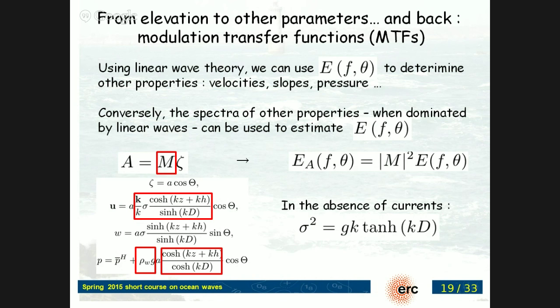And then it means that you can actually also compute the spectrum of what you were interested in, which may be the spectrum of the bottom velocity. And in that case, your spectrum of velocity is the spectrum of the elevation times the modulus squared of the transfer function. All right. So if you want to know the bottom velocity spectrum, you just take the surface spectrum, multiply by this M here squared, and you get the bottom spectrum. And then you can compute the statistics of the bottom velocity, the extremes, the 1/3 significant velocity, and all that stuff. And that's the right way to do it.